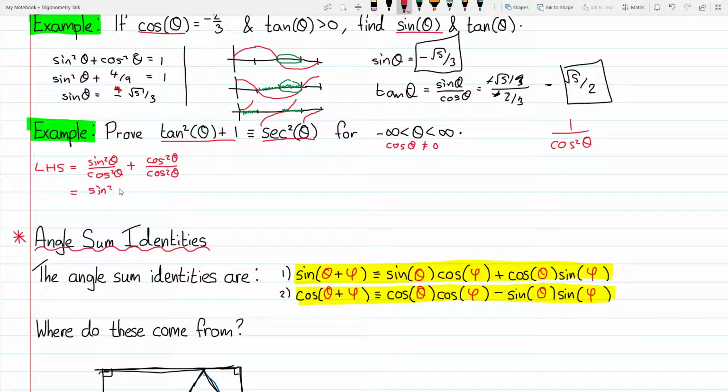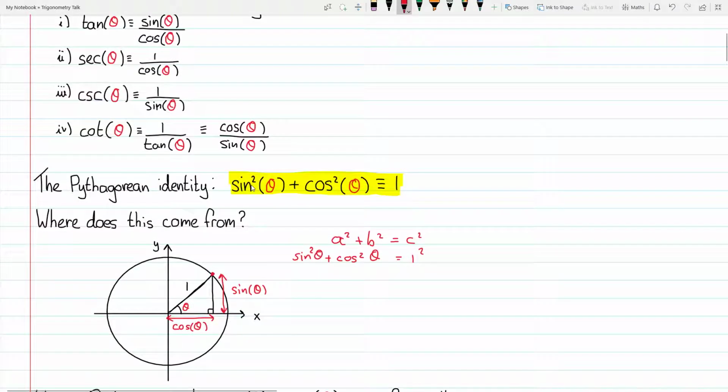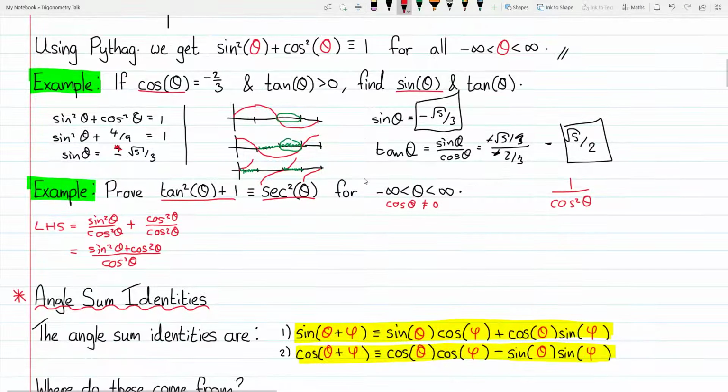We have sine squared plus cosine squared, all divided by cosine squared. Well, we just did the Pythagorean identity, right? That sine squared plus cosine squared is identical to 1. In fact, these are identities. Well, since sine squared plus cosine squared is identical to 1, we have that all of this is identical to 1 over cosine squared